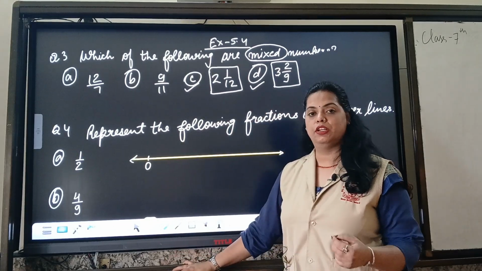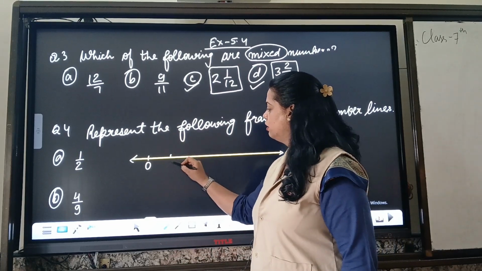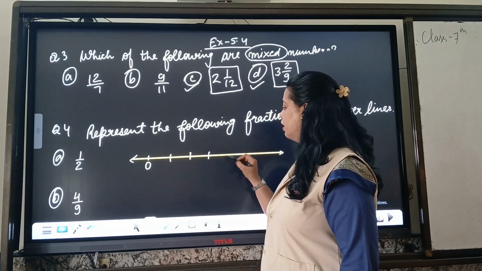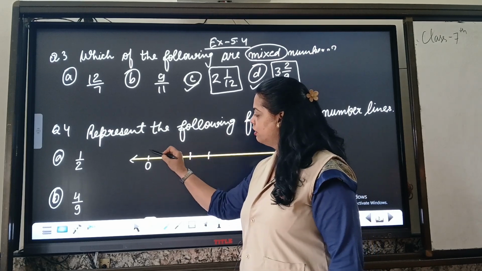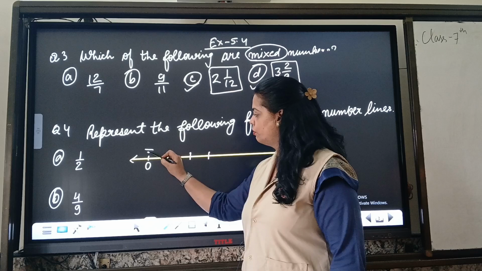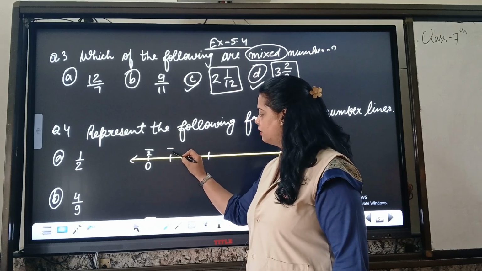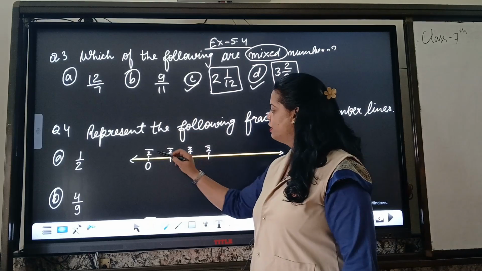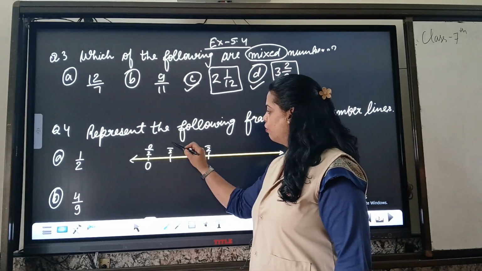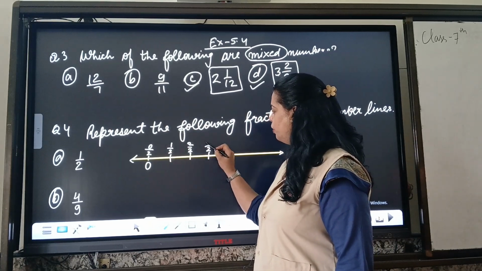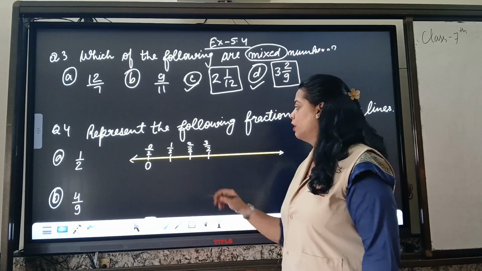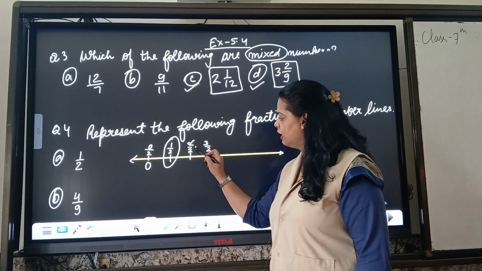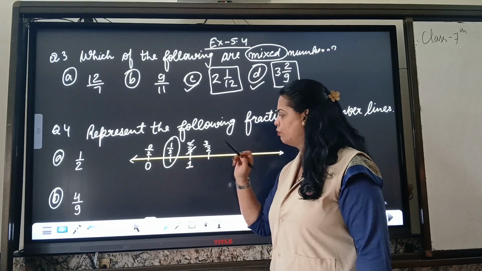We have denominator 2. So we will draw lines at equal distances and we will write the numbers whose denominator should be 2. Each and every mark will get denominator 2. Here we will start 0 upon 2, 1 upon 2, 2 upon 2 and then 3 upon 2. Here, where is our required number? Here it is, and 2 upon 2 will cancel each other and we will get 1.